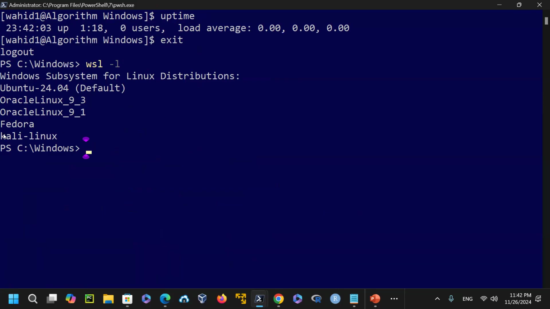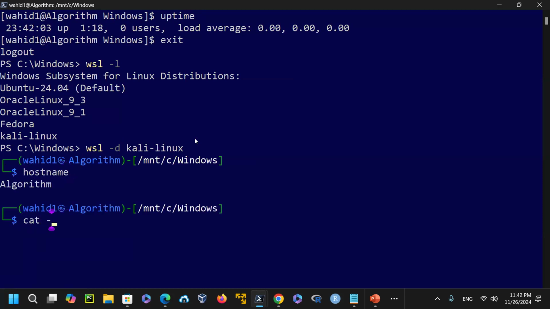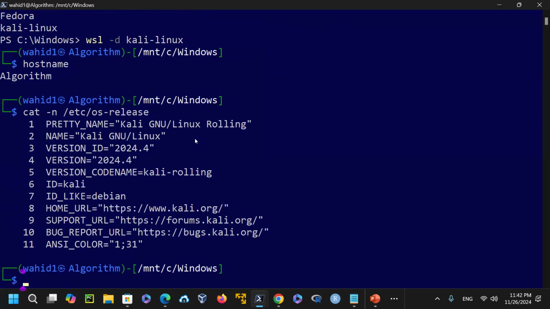So let's go to Kali Linux. I could say WSL -d kali-linux. That would bring Kali Linux up, right? Now I'm on Kali Linux, hostname, cat -n /etc/os-release, and you can see that it's